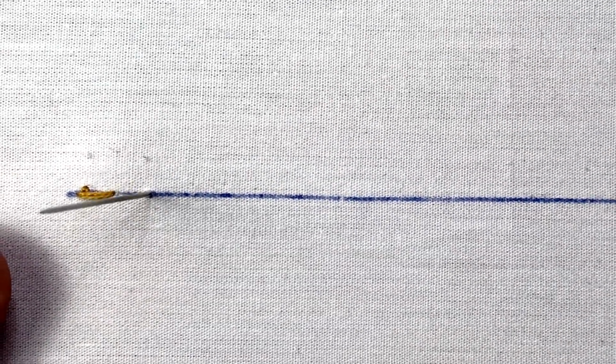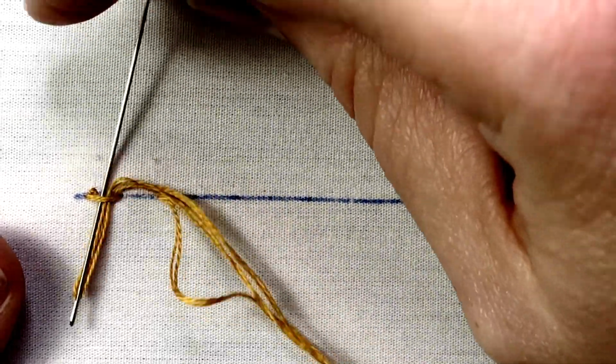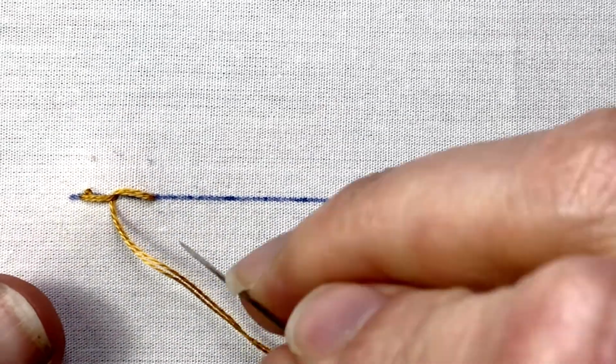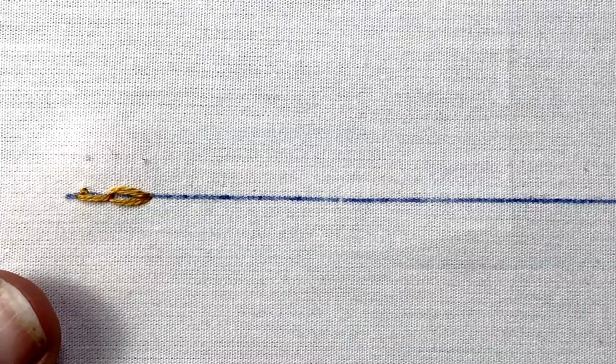tuft between each kernel. So to demonstrate that, I'll start with just one stitch to be the very top bit of the wheat kernel, and then we will come down about 1/4 inch to form the next one. And so this is unlike a traditional chain stitch in that we're going to form the chain by sliding the needle underneath that previous stitch to make the chain, the loop of the chain. Now, if you have difficulties with chain stitch in general, you could certainly work them backwards this way as well,